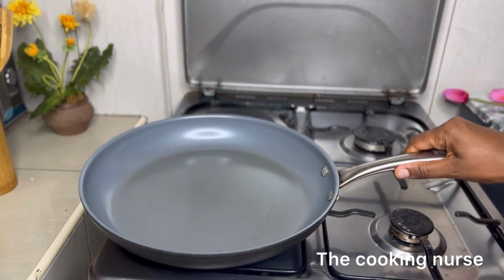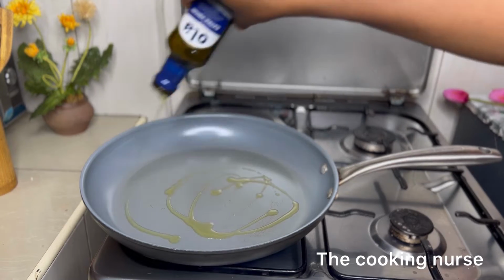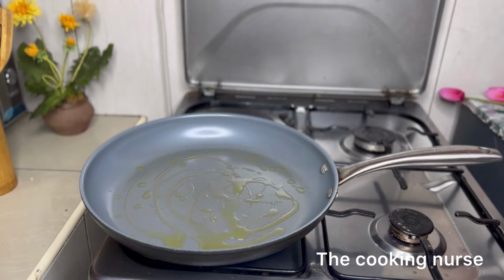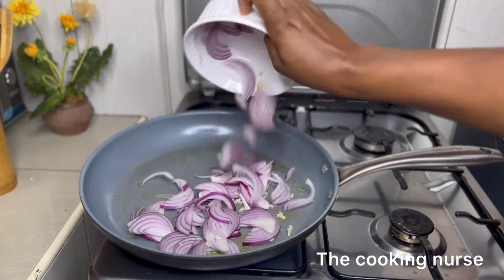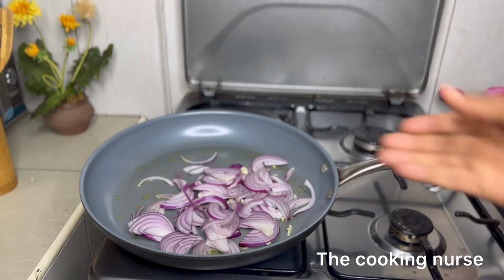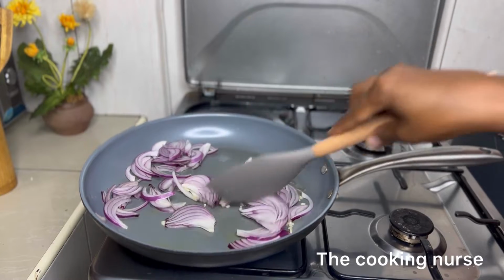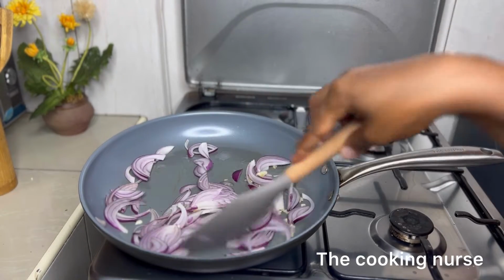Heat up your pan. I'm using a really big frying pan because it's not a big batch of beef, so there's no need to have a whole huge pan, and also you do not want a small one because you don't want it crowded. Put in a little bit of olive oil and then fry those onions and garlic until fragrant, loose